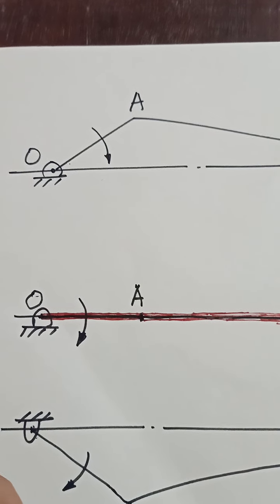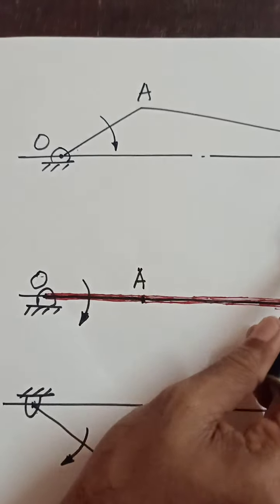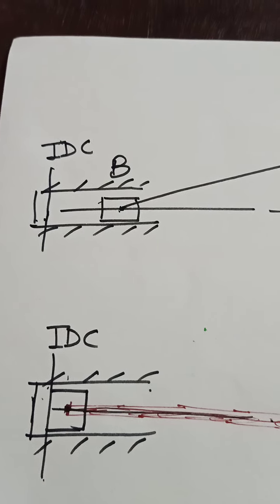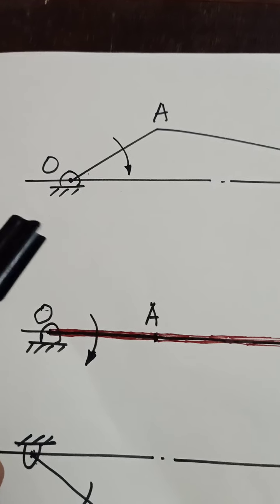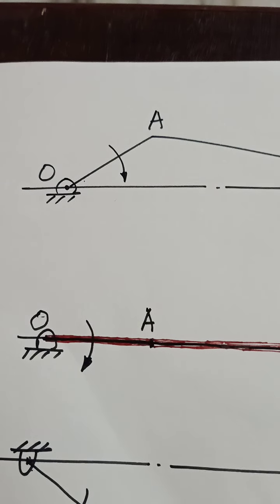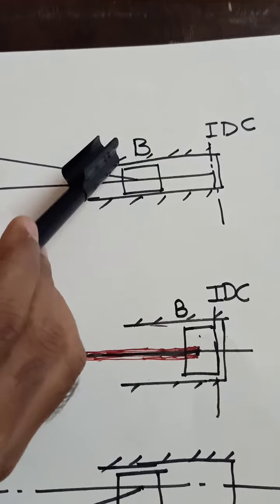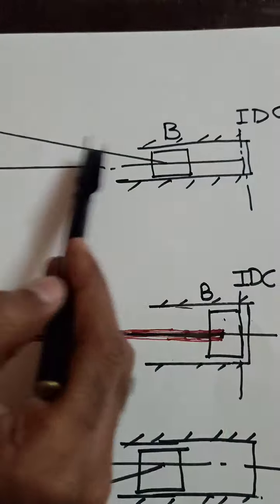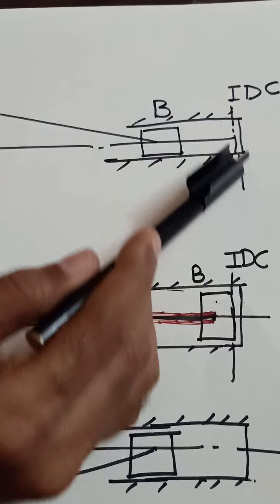Now to draw the space diagram for this given problem, we have two options. One is to show the slider on the right side, and the second option is to show the slider on the left side. Now remember, in this case the crank is rotating in clockwise direction. So if I am showing the slider on the right hand side, then this is the cylinder inside which it is moving. Now this is reciprocating horizontally inside this cylinder, and this is the inner dead center of the cylinder.